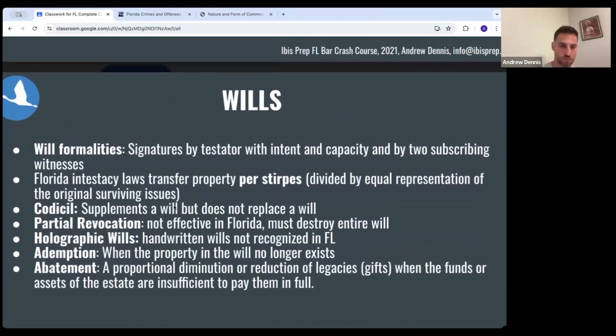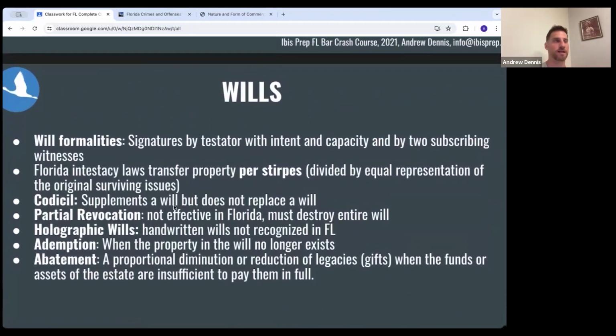So that's pretty cool. Florida recognizes the spouse's right to take from the estate 30%. It's called the elective share. So in Florida, let's say